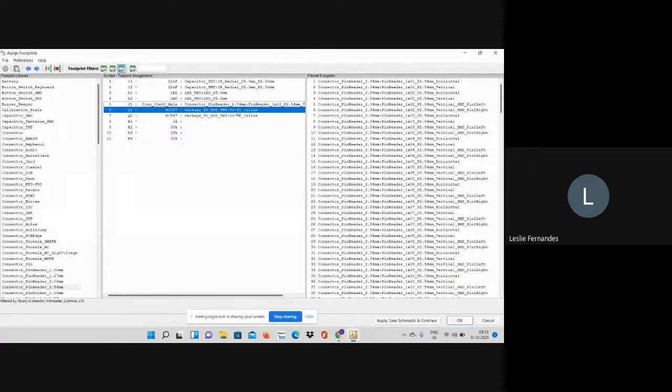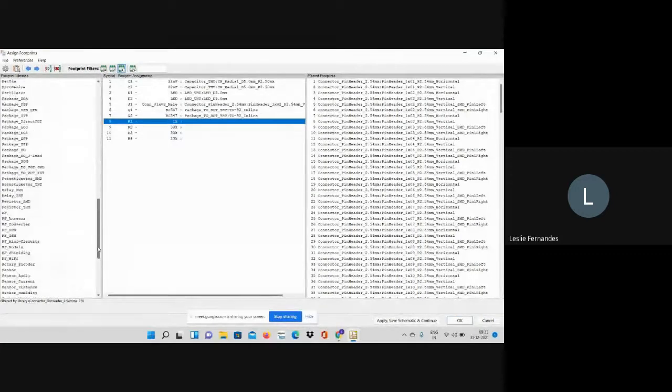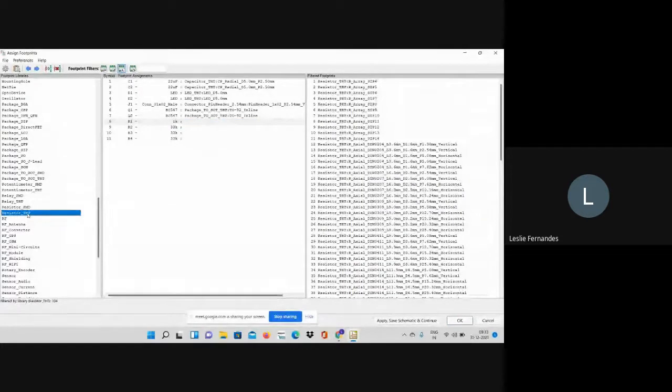BC547, it's a TO92 inline package. So it's already there. And resistor, I'm looking for something having 10 mm spacing. So let's check resistor THT. Over here I'll check resistor THT, and I'm looking for something with a pitch of 10 mm. Okay, fine.